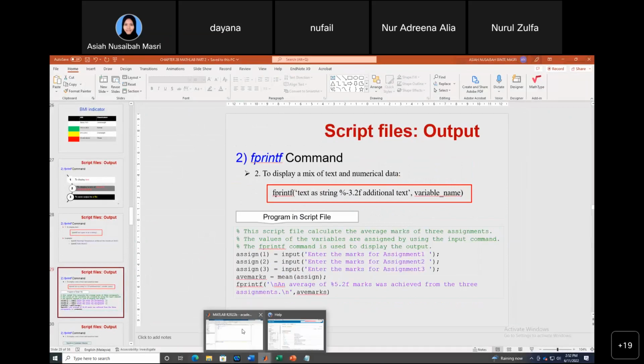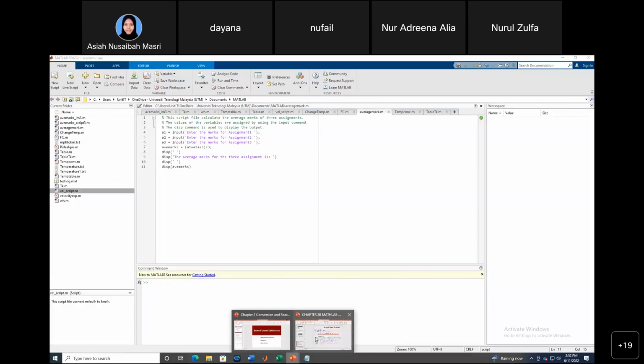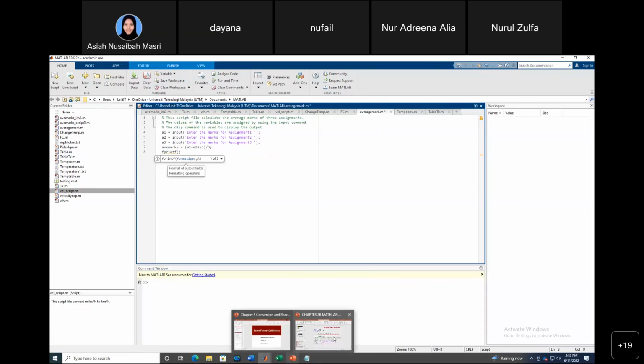Let's use the same file like just now. We have here average marks, right? So instead of using the function display, we will use the function fprintf here. So I will delete this one. If display, we use this one, right? It's just space command. Now we'll remove this one. We'll add fprintf, open bracket, then you write your text here. I have to write this one and then say the average mark